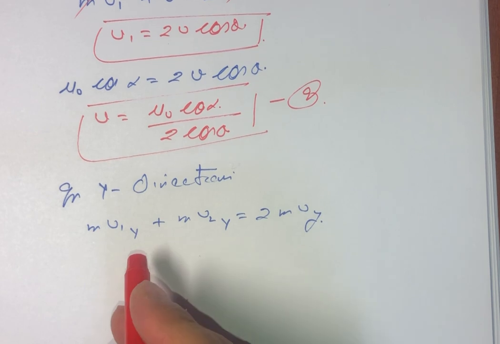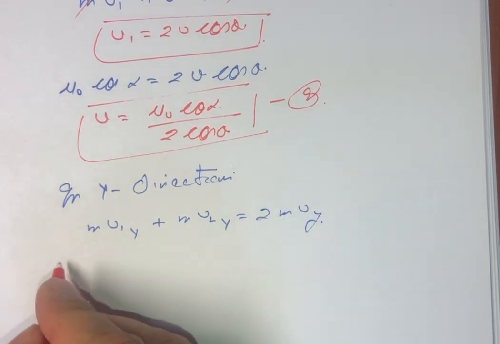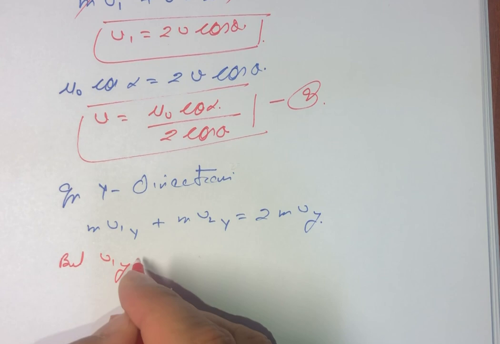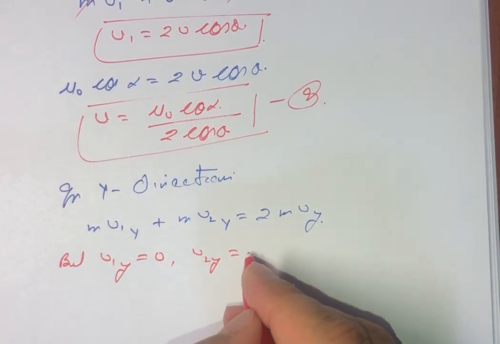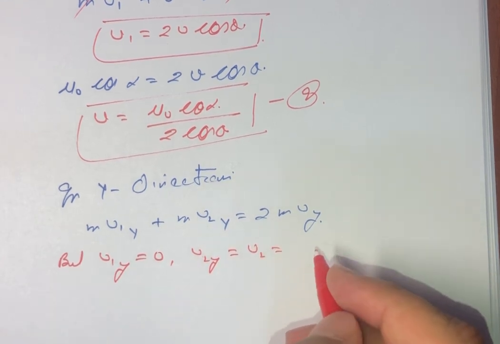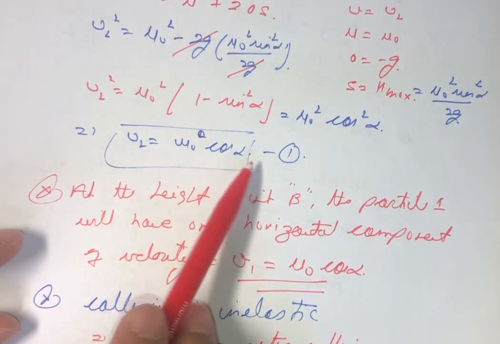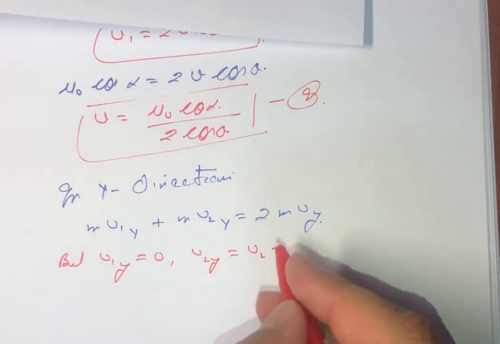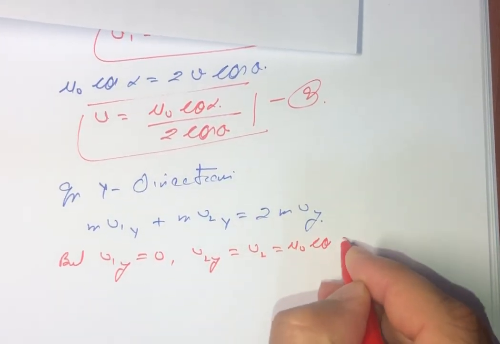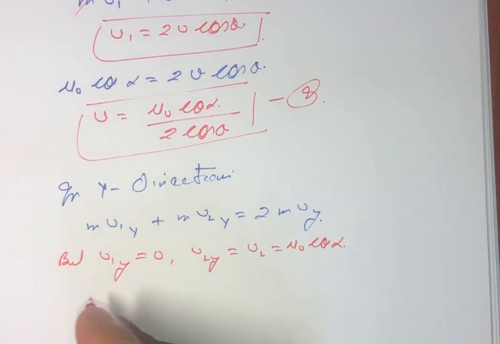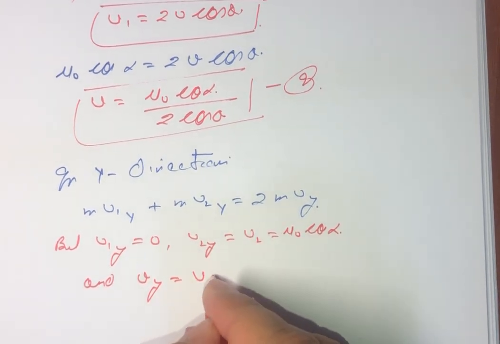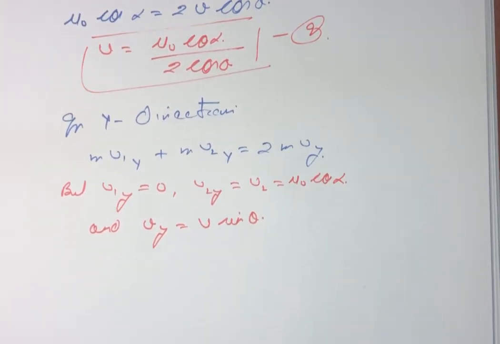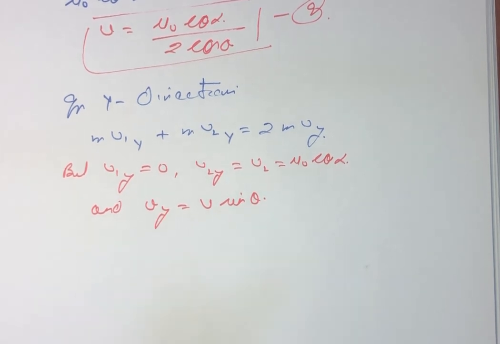But v1y is equal to 0, v2y is equal to our v2, and v2 we already know as per equation 1 is u naught cos of alpha. So this is u naught cos of alpha, and vy is our v sine of theta. So we substitute the values, we get the equation as